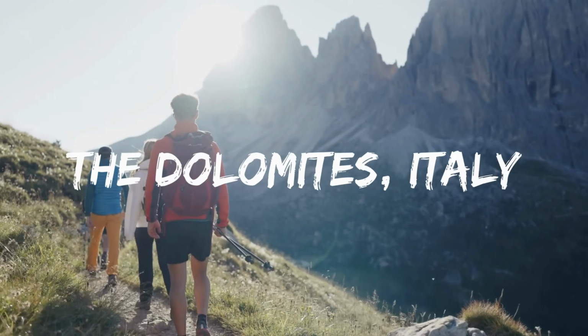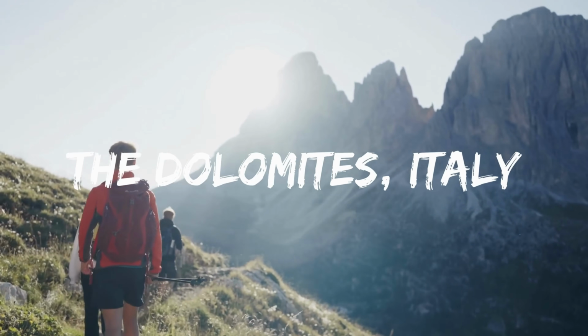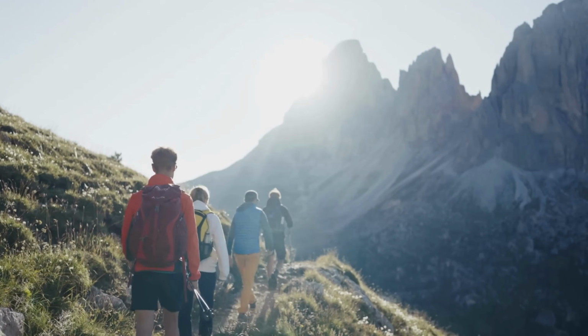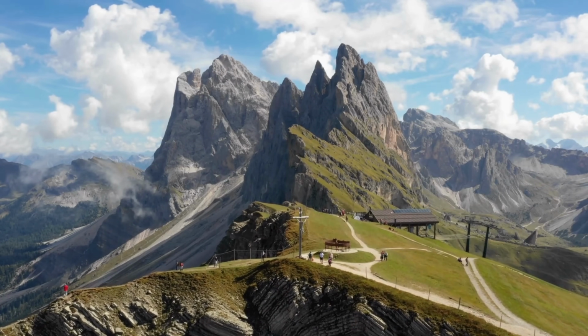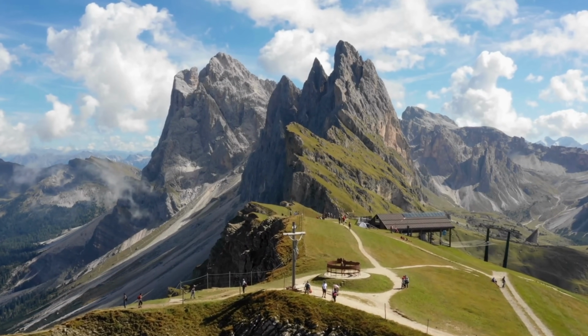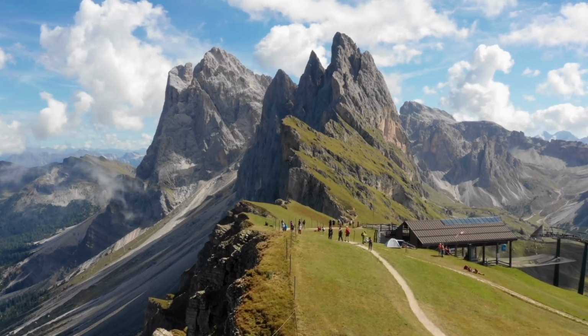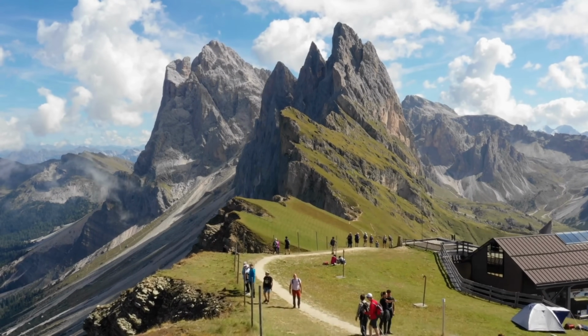Last but not least, let's head to Italy. Designated as a UNESCO World Heritage Site, the Dolomites offer a wide range of activities throughout the year. During the warmer months, hiking and trekking trails wind through lush meadows, alpine forests, and crystal-clear lakes. The Dolomites are renowned for their scenic routes, such as the famous Alta Via trails, which offer breathtaking views of